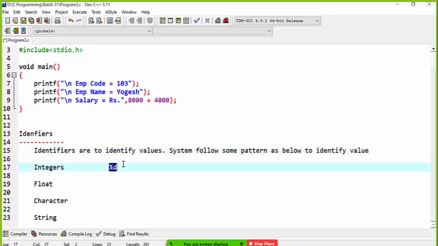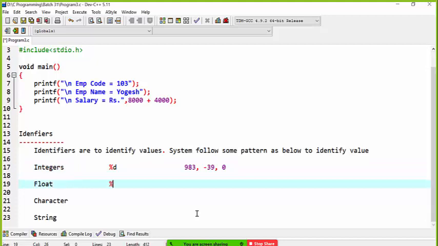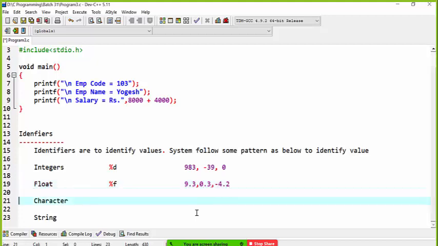So I can type %d for integers. So this is for an integer equation. Some examples: let's say 983 is an integer, minus 39 is an integer, 0 is an integer. For float you type %f. This is the identification for float, and float values are the decimal values, negative, positive, any decimal value.